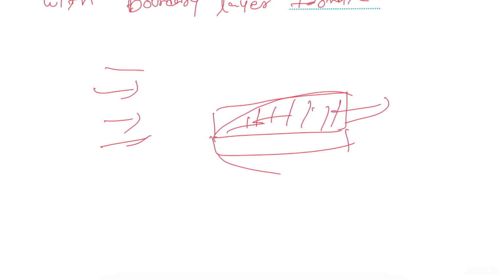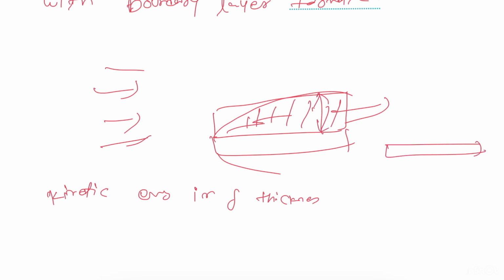means the kinetic energy in delta thickness. Delta thickness means boundary layer thickness. This is the boundary layer and this is the boundary layer thickness. So, the kinetic energy in delta thickness